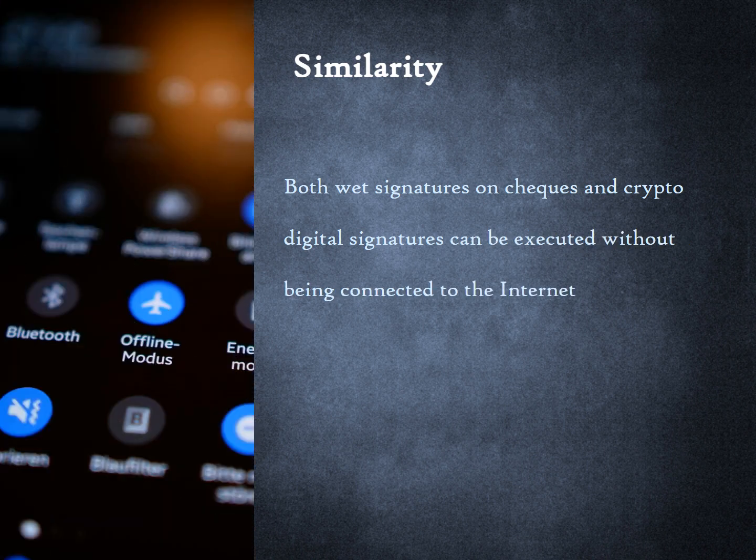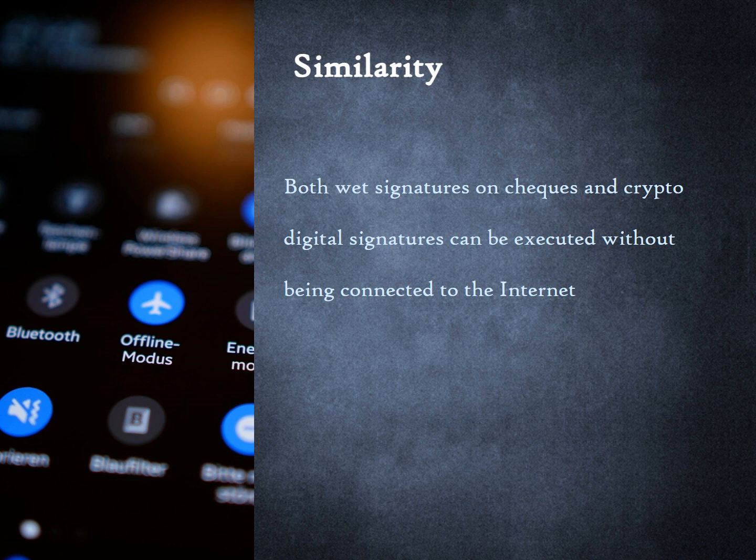Another similarity between wet signatures on checks and digital signatures is that they can be executed without being connected to the internet. We can write the payment message on a check and sign it, without being logged into a bank's systems. Similarly, we can create a crypto payment message and digitally sign it with our private key, without being connected